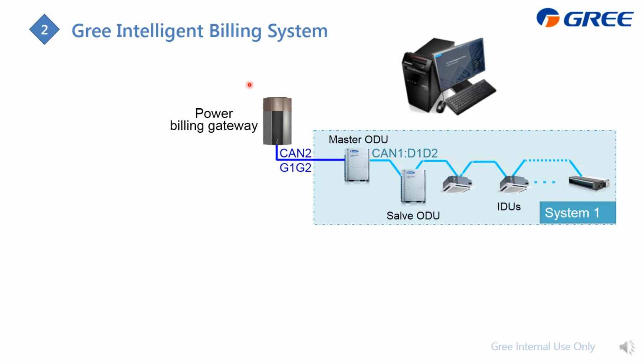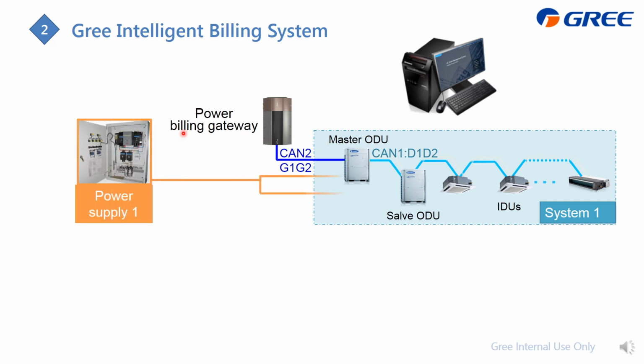This slide displays how to do the wiring from the GMV system to the gateway and then to the PC. First, let's focus on the GMV system. You can see that it is already connected with D1, D2 from indoor unit to outdoor unit. Then from the master outdoor unit, you need to connect G1, G2, which is the CAN 2 system, to the gateway. This is for the CAN data transmission. This is for the power. You can find it here.